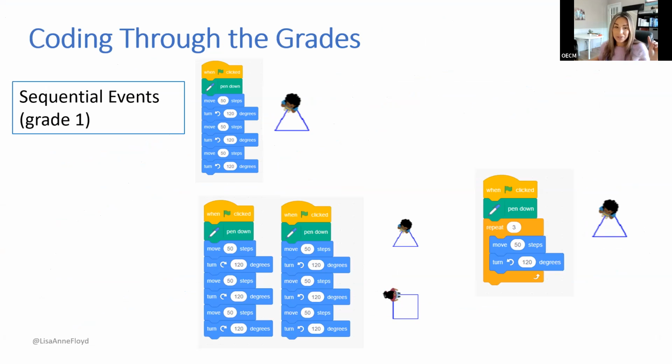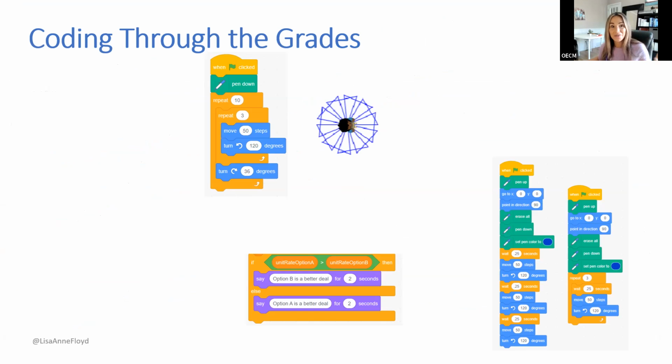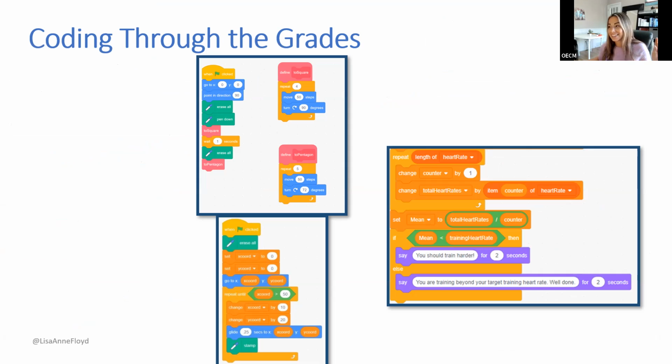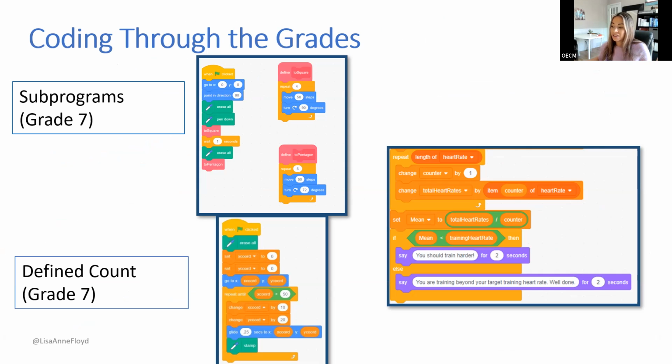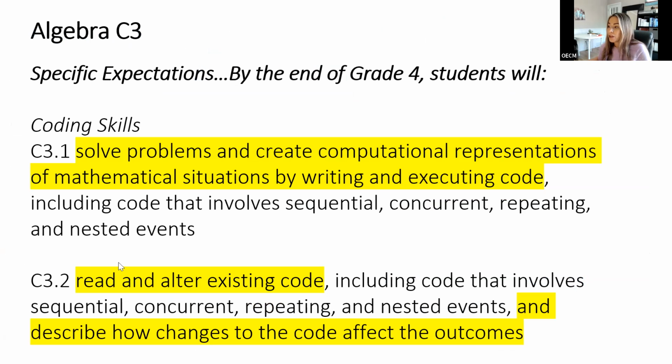So in summary, we did sequential events, one line of code after another, in grade 1; concurrent, two things happening at the same time, in grade 2; repeated in grade 3; nested events in grade 4; conditional statements in grade 5; efficient code in grade 6; subprograms in grade 7, define count in grade 7; and then data analysis in grade 8. But we also looked at the things that are the same in each grade, which is to write